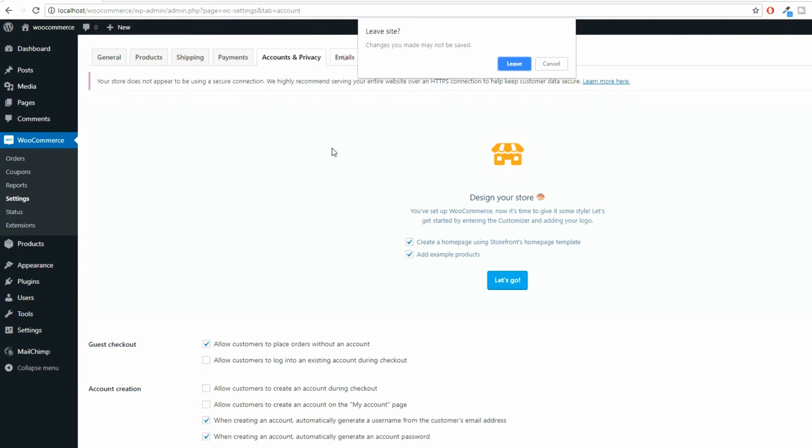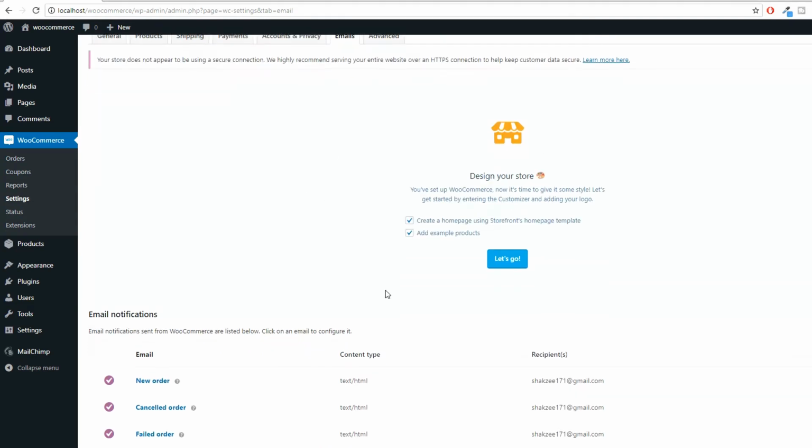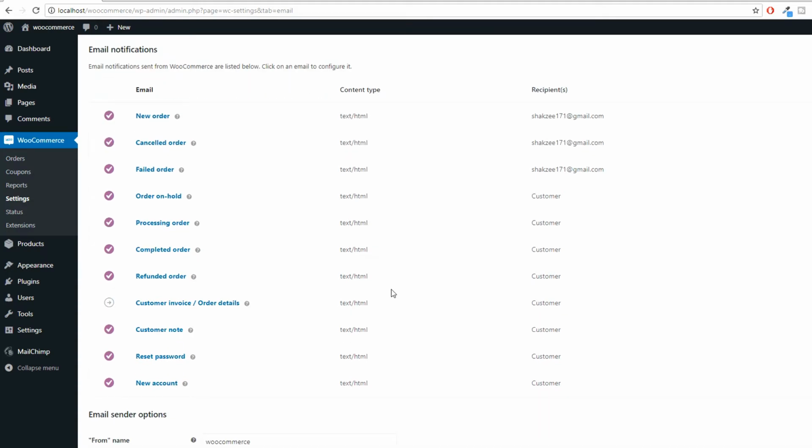Okay, so on your email address, so here is your email address section. So as you can see, whenever someone orders a new product, an email is generated to this account. Cancellation order, this account. Failed order, this account, email account. Okay, so order on hold, so WooCommerce automatically sends an email to the customers. So as you can see, you have your new account, reset password, customer note, customer invoice, order detail, refund, completed order, processing order, order on hold. So WooCommerce automatically sends any email related with these